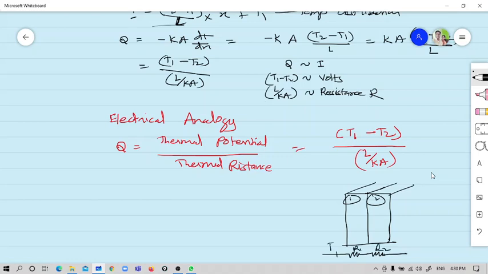Okay, so temperature T1 will be there, some temperature T2, some temperature T3. Then this Q will be given by, okay, thermal potential is T1 minus T3, so T1 minus T3 divided by the total resistance between this. So it is R1 plus R2. Okay, because they are in series, because heat transfer is in series now. First through the first slab and then through the second slab and then to the surroundings or the third slab, whatever is there. Okay, so these are called slabs in series.